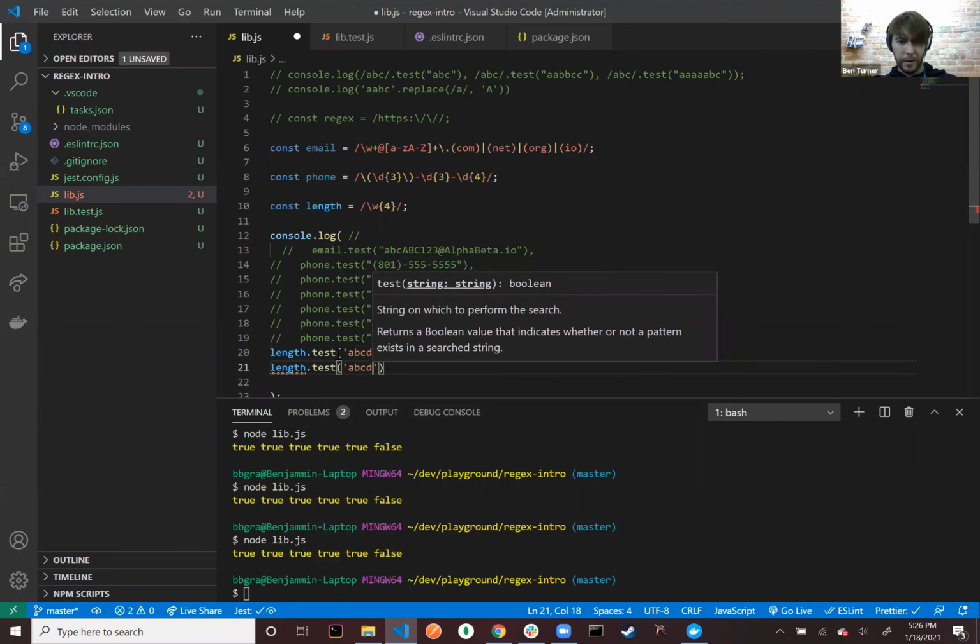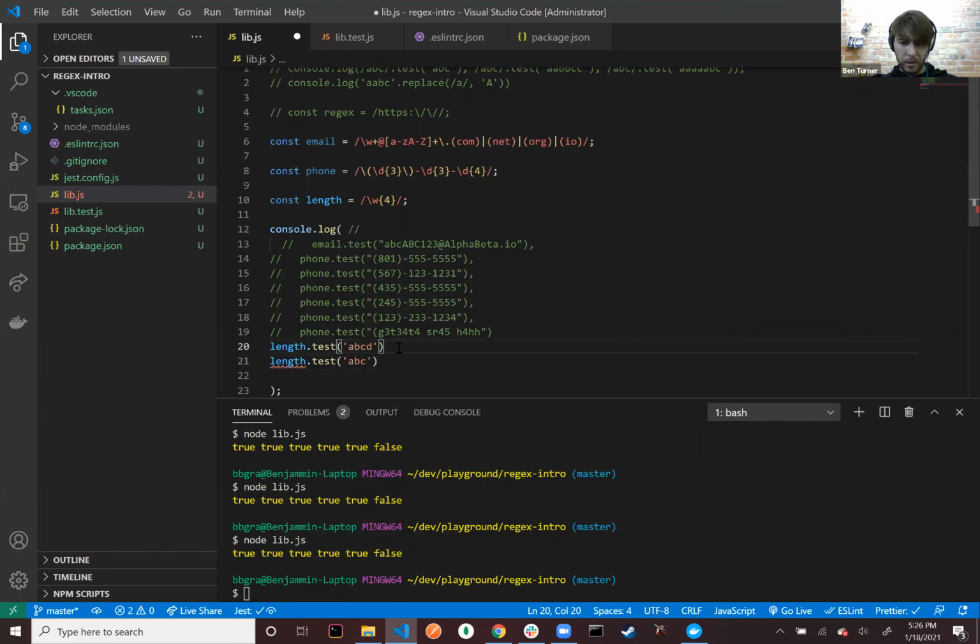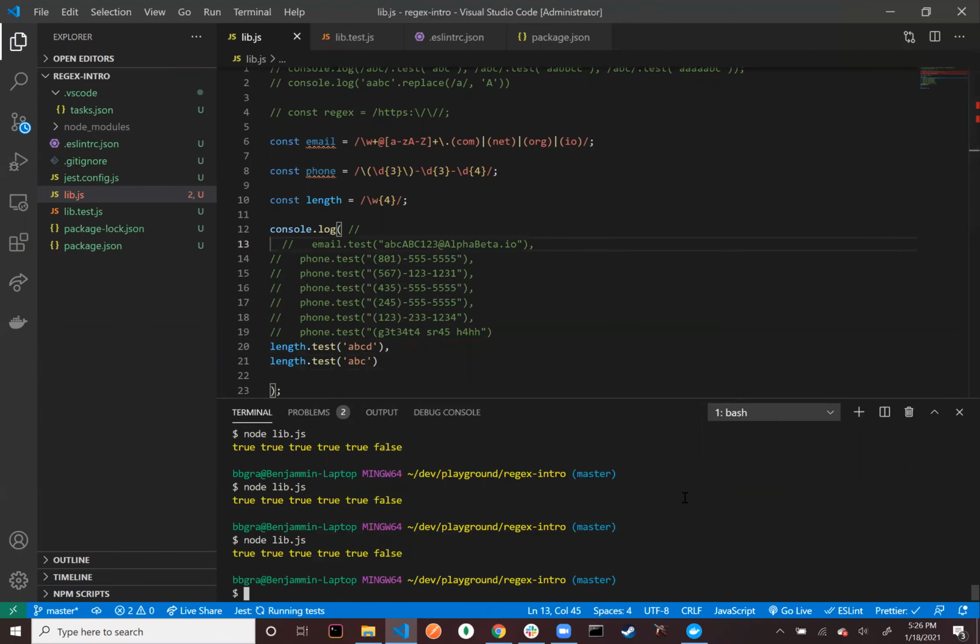ABCD, and then let's do an ABC. So can you use regex in queries too? Like what do you mean? Like if you're trying to check for a certain type of query? Oh, like if you're filtering a list with a search word? Yeah. Oh, absolutely. Okay. So let's say,